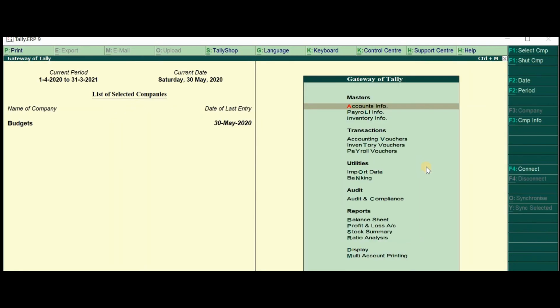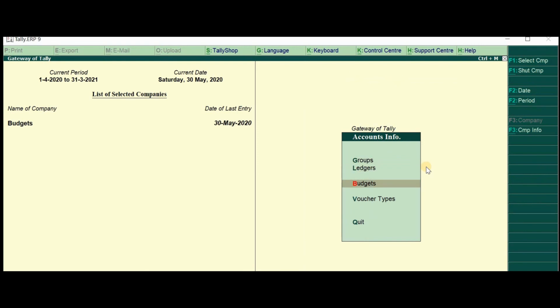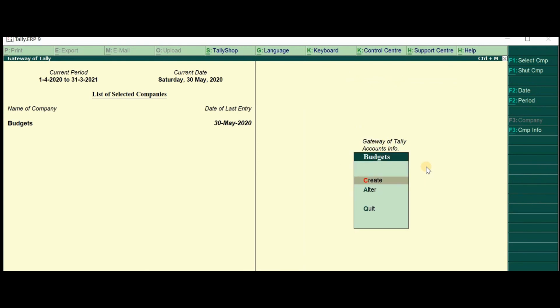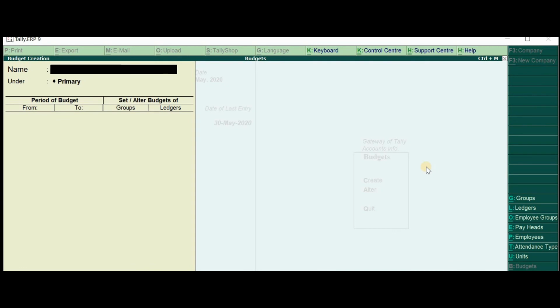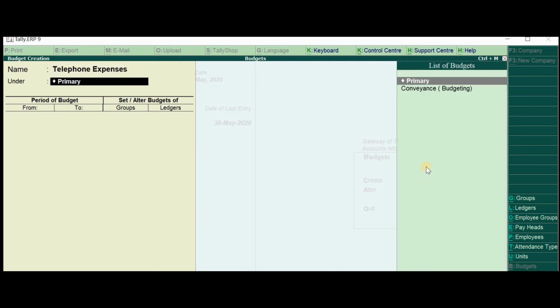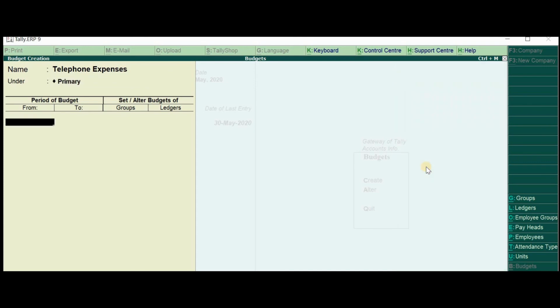Now let's go to accounts info, masters, then budgets, because we have just enabled it. Then we will go to create. Once you go to create, let us write telephone expenses. I want to give 1st April to say 30th of June.